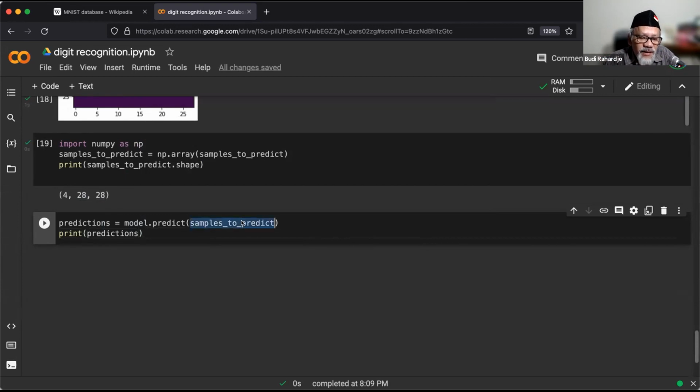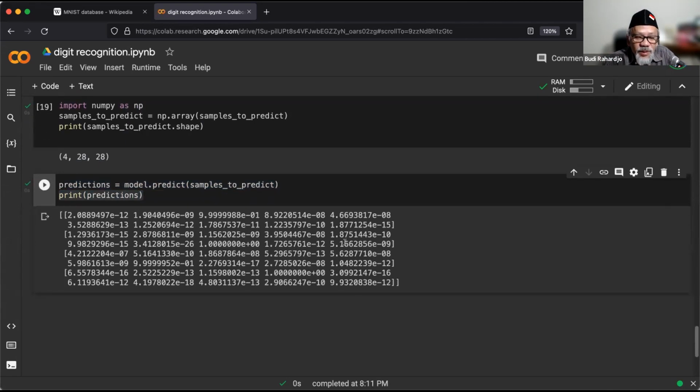Jadi kita melakukan prediction itu cuma gini tadi: 4 images itu apa aja, terus kita print hasilnya. Hasilnya bentuknya kayak gini. Sebetulnya kalau kita lihat, yang pertama kan angka 2.